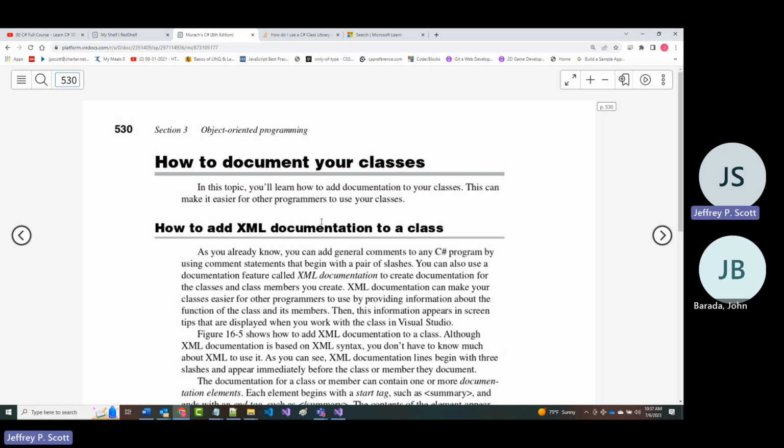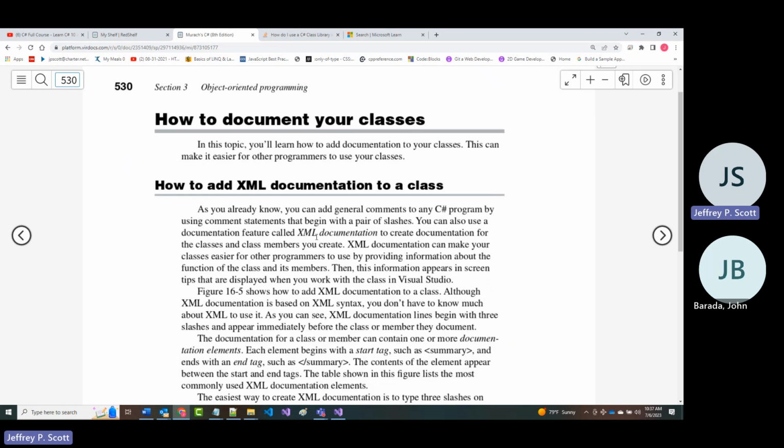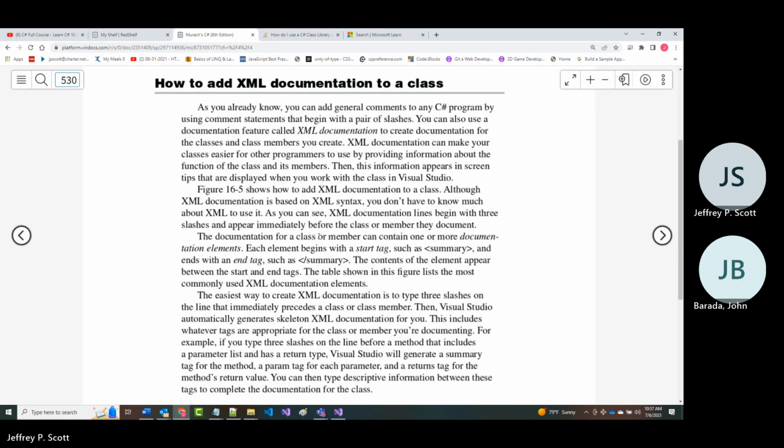Well, let's just get back to the topic at hand. And as it says, you can add comments by using comment statements within slashes, or / ending with //. But as mentioned here, you can also use a documentation feature called XML documentation to create documentation for the classes and class members that you create.